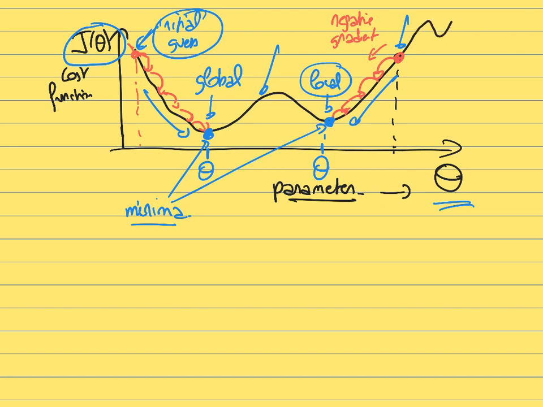For example, if you happen to get stuck here, this is a local minimum as well, but in this case it would be a local minimum that is associated with a very high cost function, which means that if your model gets stuck here, then it would not be very accurate. It would give you a very high error. So to avoid this, you just need to repeat several times with different initial values for the weights to make sure that it doesn't get stuck in a very high local minimum.